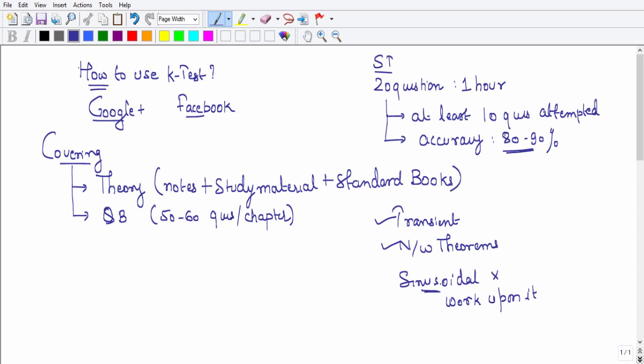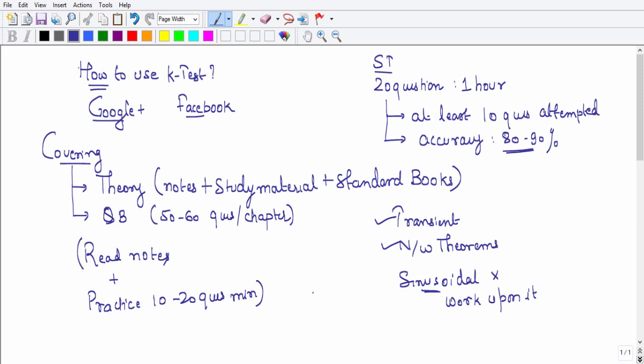So what I'll do is, I'll revise sinusoidal analysis once again. How to revise? Read your notes once. Then practice around 10 to 20 questions minimum. Once you are done with this, you might be gaining confidence.